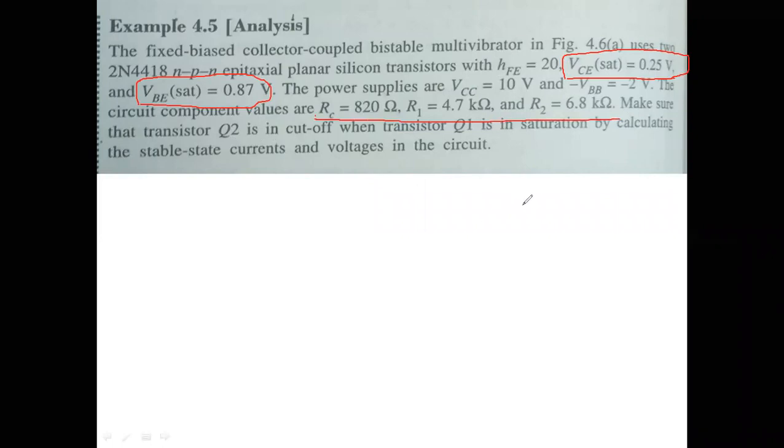Okay, therefore here we have to find out the four currents: I1, I2, I3, and I4, four currents and two voltages. That is for an off transistor, VBE voltage. If you take one as off, then you have to take the other. That's why they have not mentioned VCE1 or VCE2. You can assume anything. It may be VCE2 or VCE1.